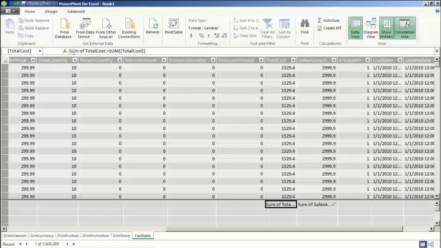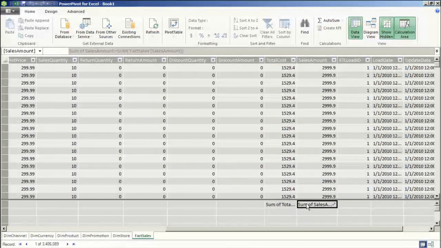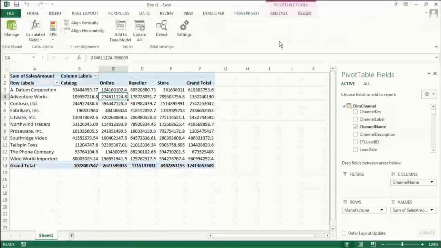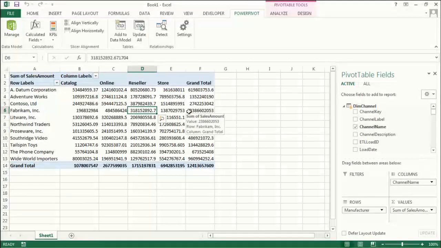And the formula syntax here is I just take the column name, I prepend it with sum of, and then I have a summation formula, and then I have total cost. And total cost is working on the column name. It's not working on cells and rows, it's working on the column name. So before I wrote this formula right here, it was the only formula that I currently have right now. So if I go back to Excel,